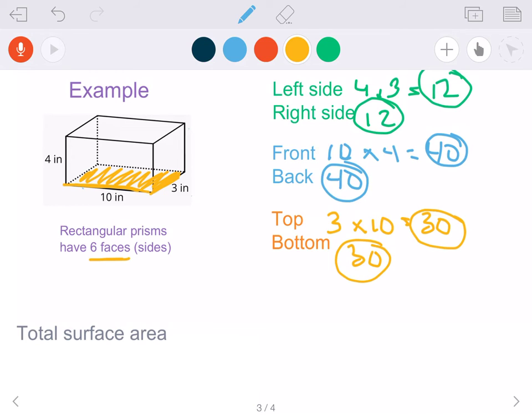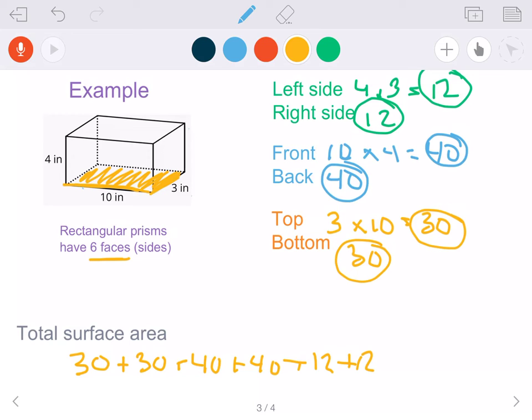So those are my last two measurements. So to find the total surface area, I'm going to add all of those together. So if I take 30 plus 30 plus 40 plus 40 plus 12 plus 12,